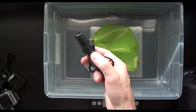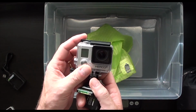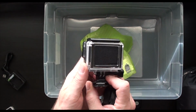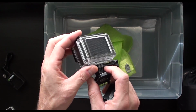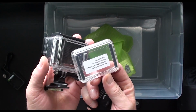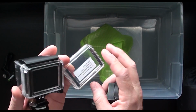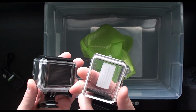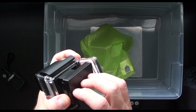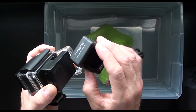I've got a real cheap USB charger I was able to find on Amazon. Don't use the GoPro much for anything but time lapses, and I like to use it quite a bit for time lapses. I like time lapses, they're cool. Got the skeleton case on the back right now, bringing the waterproof backing as well. I don't know if you're like me, but somehow by buying accessories, I end up with like 20 of these cases for this thing. So bringing the extra battery, there's one in there, and then a charger, again, to charge